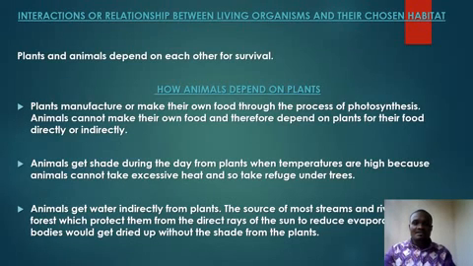Now, living organisms in an ecosystem interact with each other. What relationship has these living organisms? I have already told you that living organisms refers to plants and animals, and these organisms depend on each other for survival. For example,